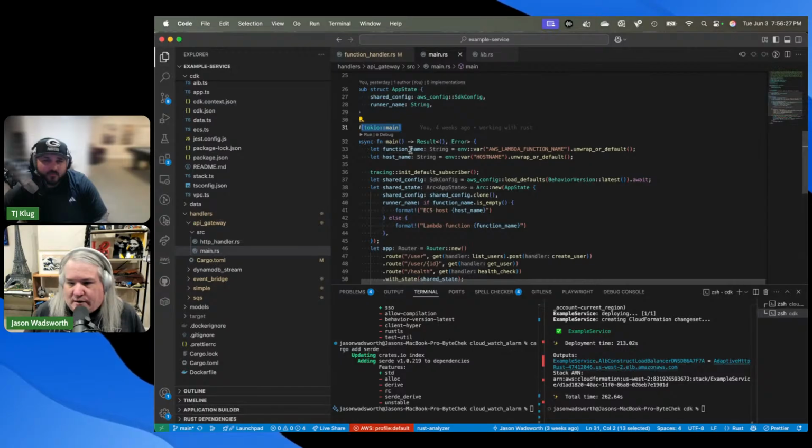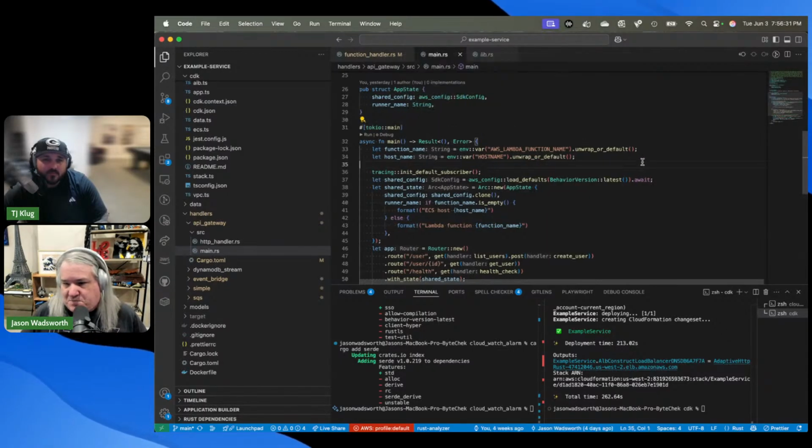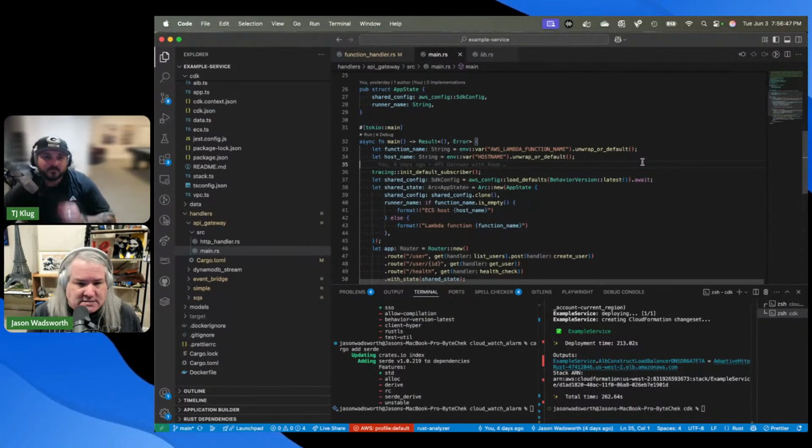So what I'm doing here, let's back up a little bit, a history of the way this specific code is done. I was just telling TJ before this, I'd written a blog post last week. In the blog post, I was taking some Node.js code and running it as a Lambda function or in an ECS container.